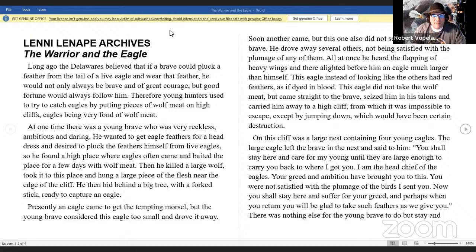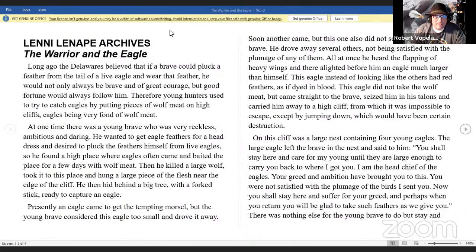At one time, were they talking about real wolves? They killed a wolf to chop them up, and that's weird. Yeah, well, it's better than getting eaten by the wolf. I guess so. I didn't know eagles like to eat wolves, but eagles like red meat. It wouldn't matter, really, a rabbit up there, but I guess so. It might have something to do with the wolf and the catching of the eagle.